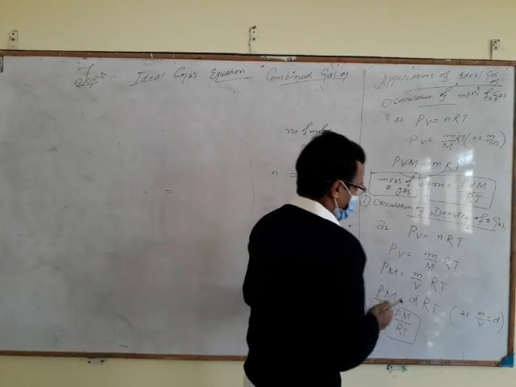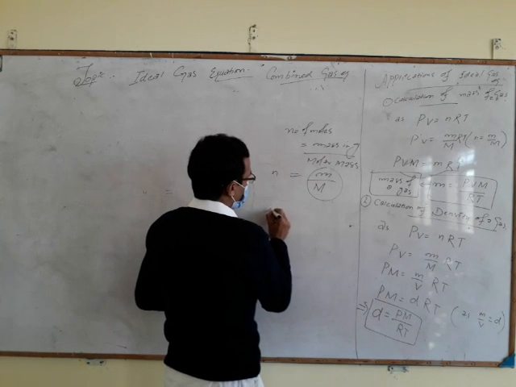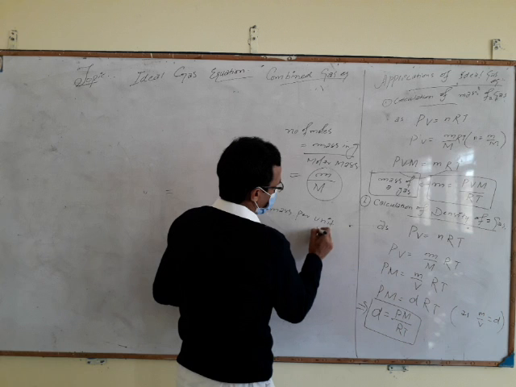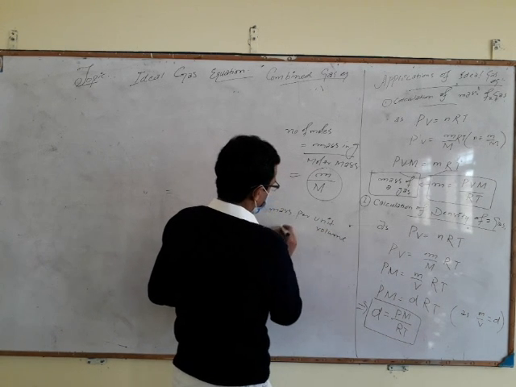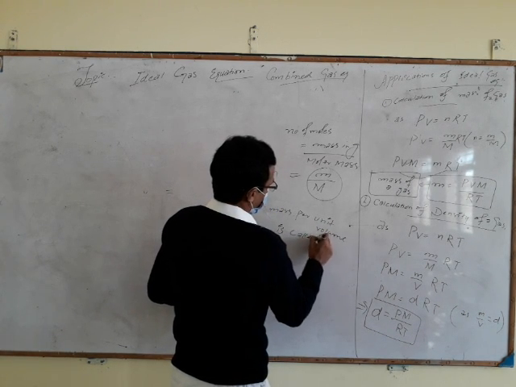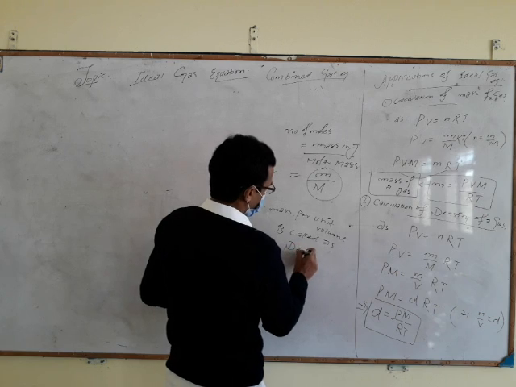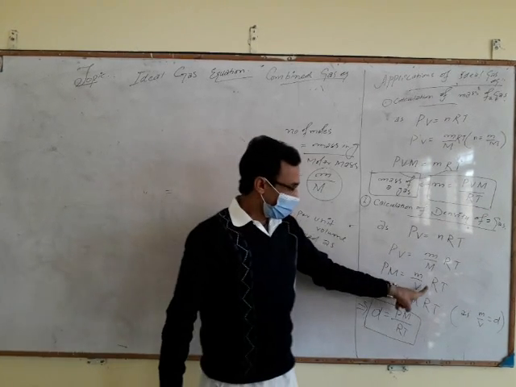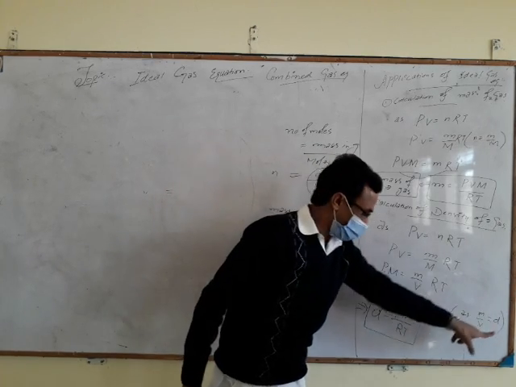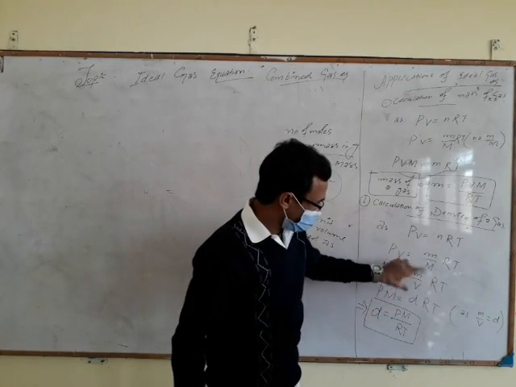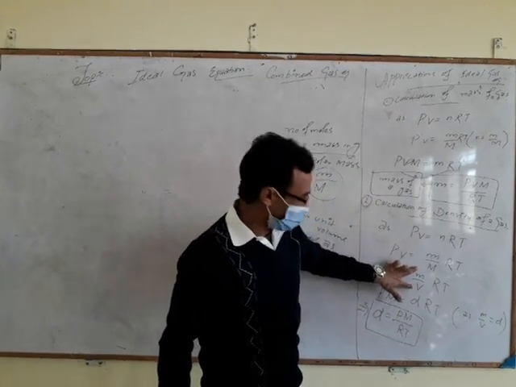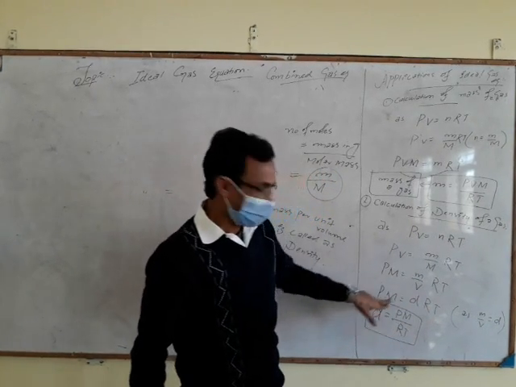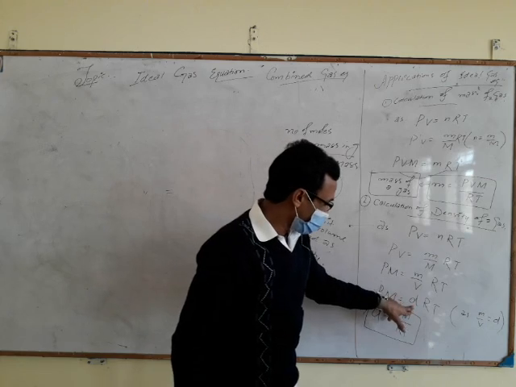Now we know that mass per unit volume is called density. So m by V is equal to D, density. So we put D instead of m by V. So Pm is equal to dRT, and on rearrangement we get D is equal to